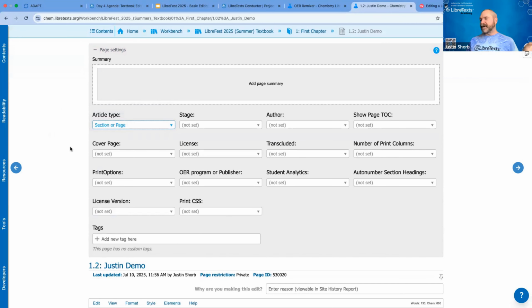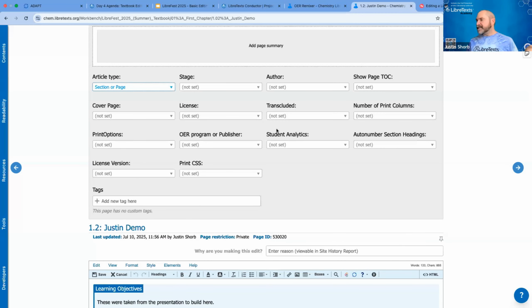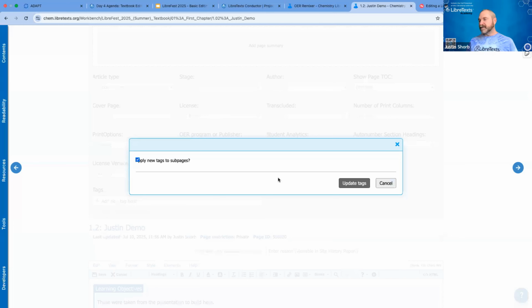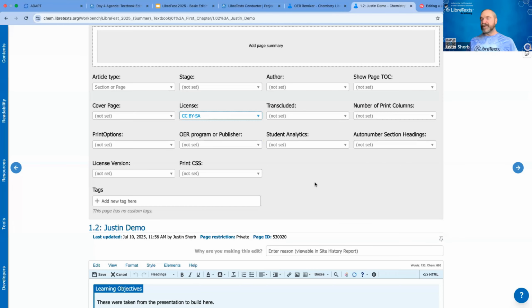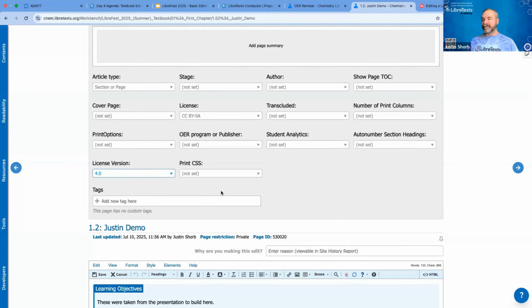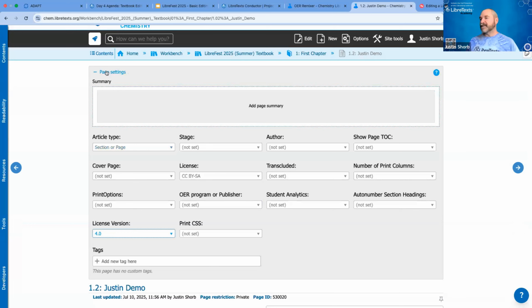And you can have, where is it? The license, this is where you would set it for your page. This is not a license that you're propagating from any other place you transcluded from. But this is where you get the license and then the version. I usually like to use this one. You can apply things to subpages. So you can do this once on the very top of your book and it will percolate all the way down, and then set your version to the most recent one. And again, that will populate through all of your subpages if you do it at the very top of your book. And so that's where you'll also get a summary,